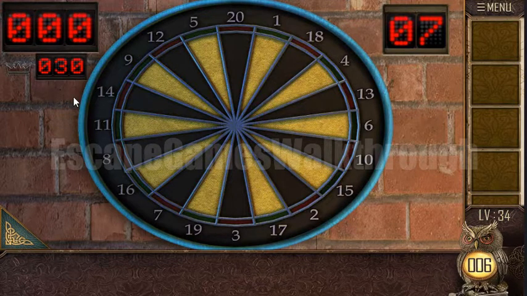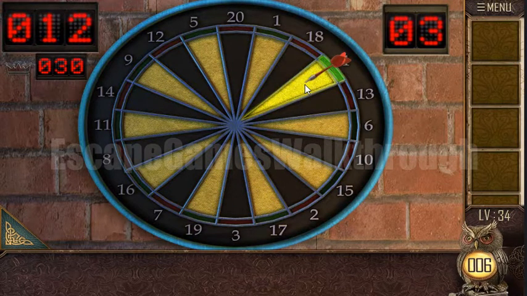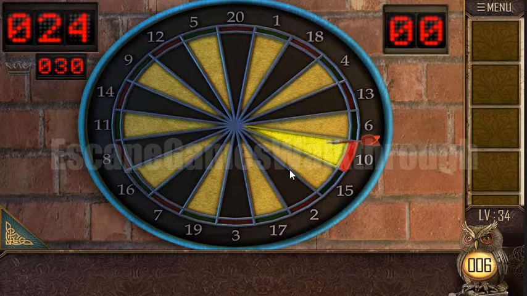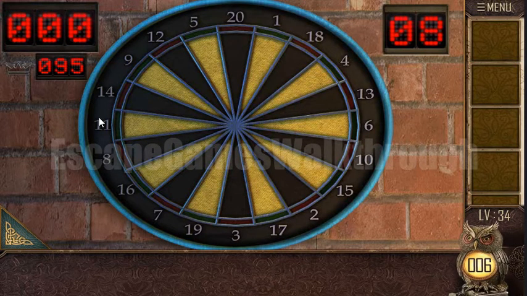So let's do 4, 4, and then 10. Okay, now 95 we have to do in 8 movements. So we will throw